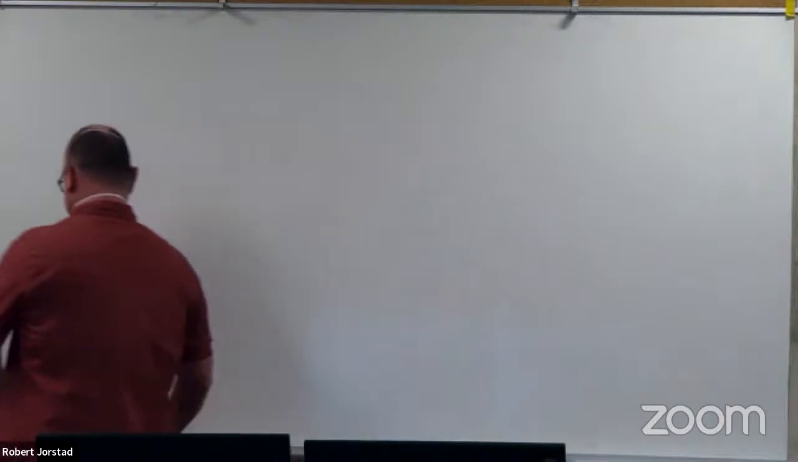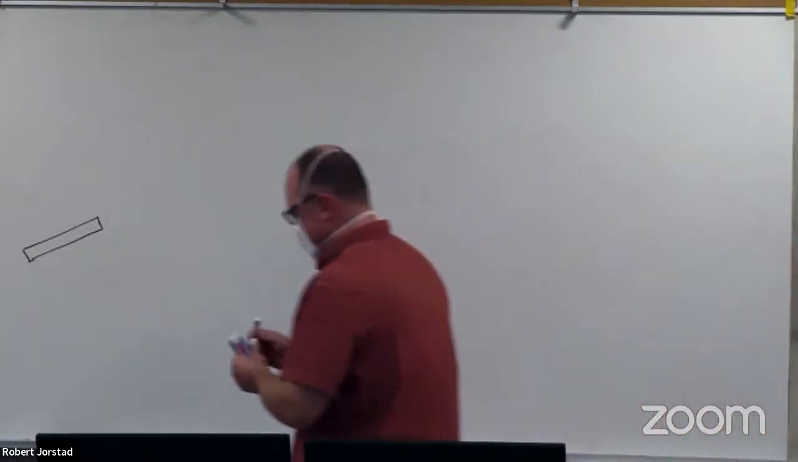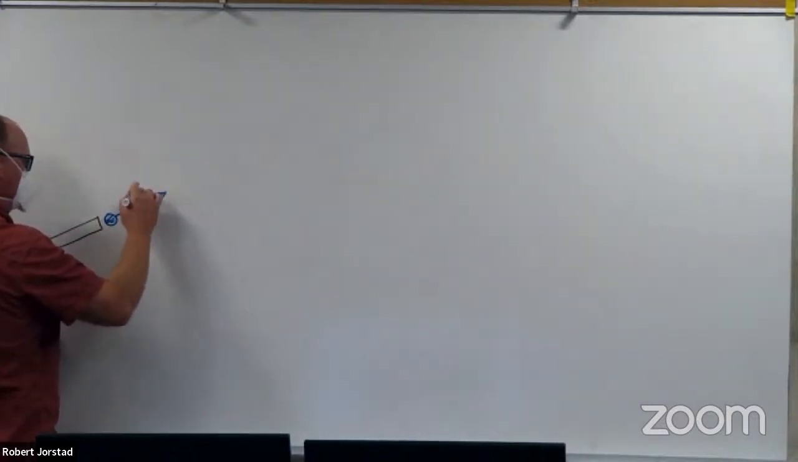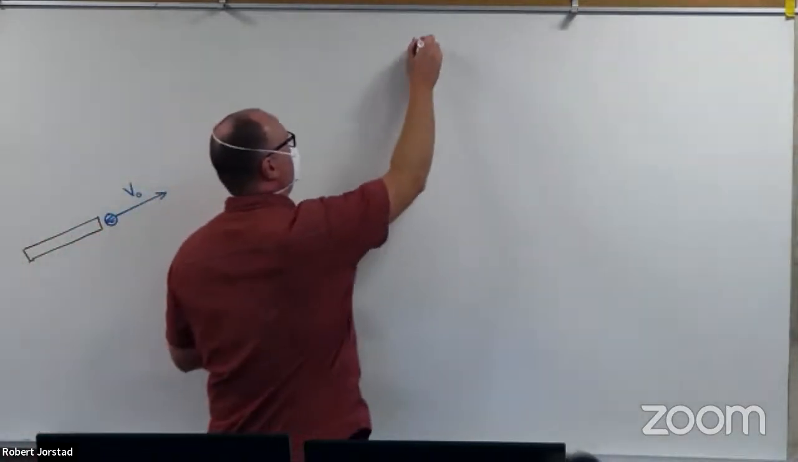Imagine we have a situation like this. You have a gun, some kind of dart gun or something. There's going to be a projectile coming out of here. I'm going to launch this projectile at some speed, v0. At the instant that the bullet comes out of the gun or the projectile launcher or whatever you want to call it, let's say over here,